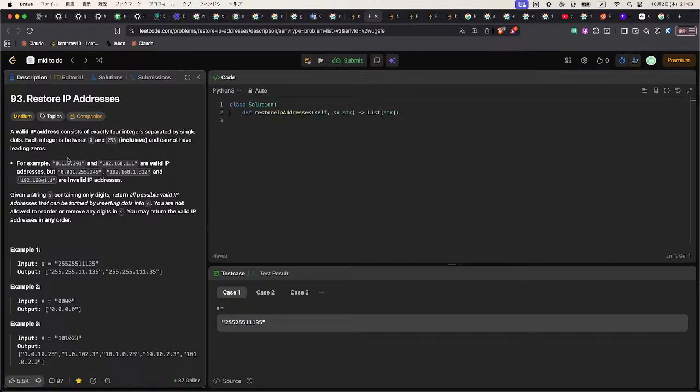A valid IP address consists of exactly 4 integers separated by single dots. Each integer is between 0 and 255 inclusive and cannot have leading zeros. For example, 192.168.1.1 is a valid IP address, but